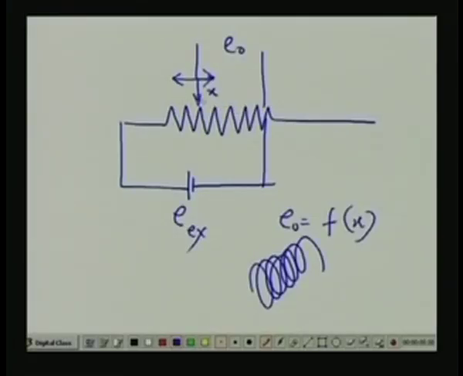But that is not the case for the LVDT. So in the LVDT, what will happen? You see, there is no contact between the wiper, which is basically a movable core, and either the primary or secondary. So the life will also increase. In the potentiometer, this wiper will move, and after a few uses you will find this wear and tear, as it is called; this contact will become noisy, because the contact also depends on how much pressure